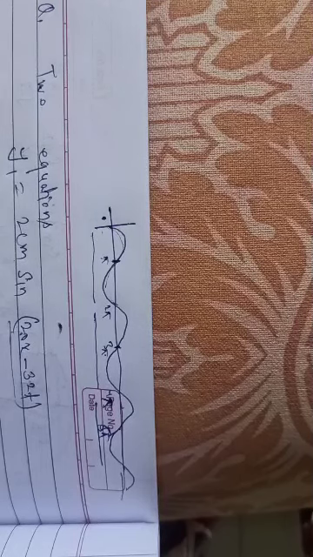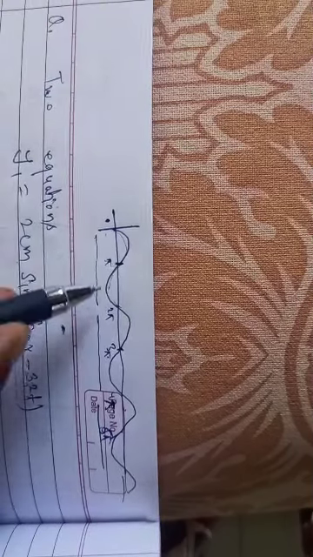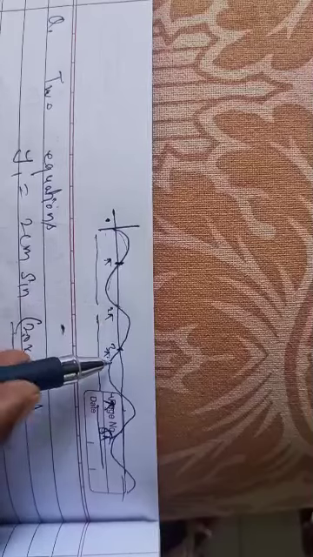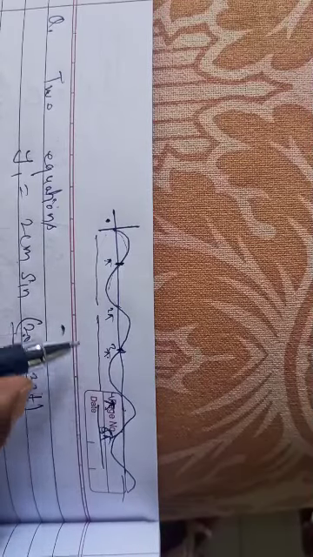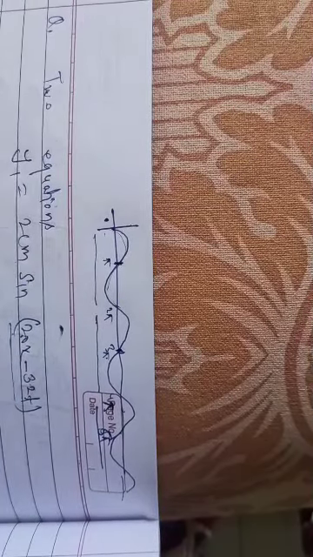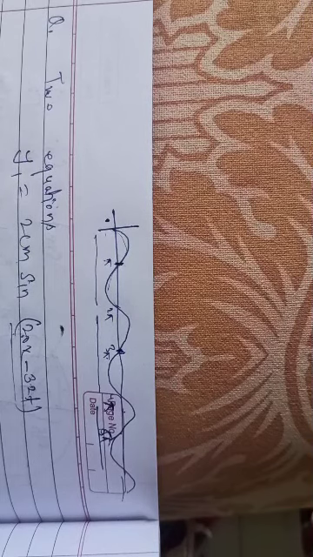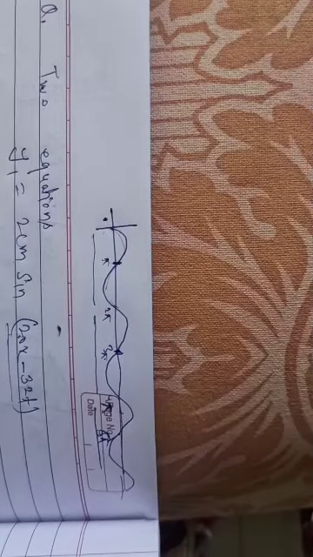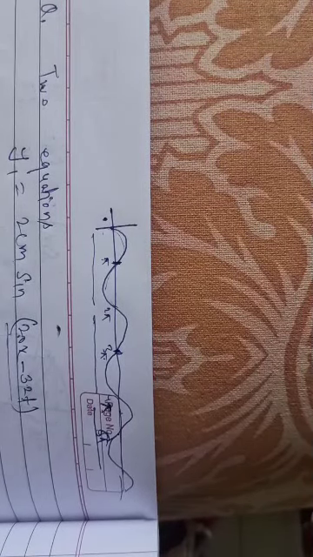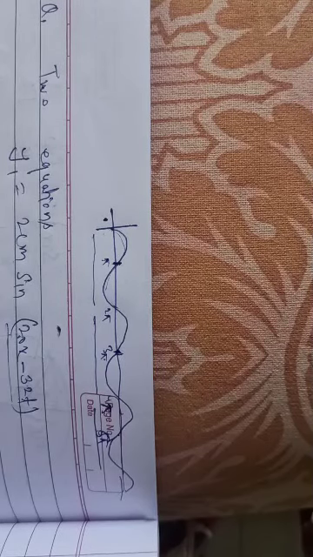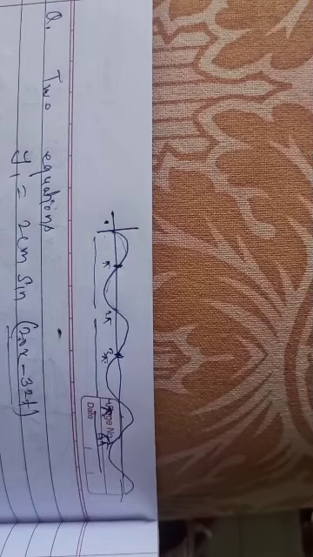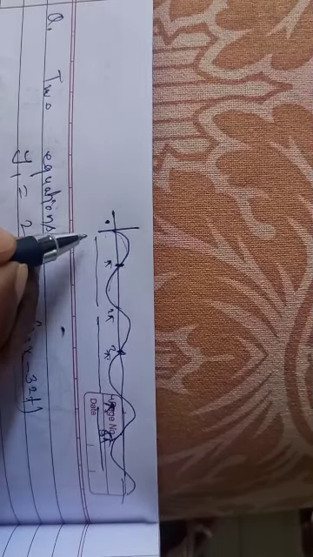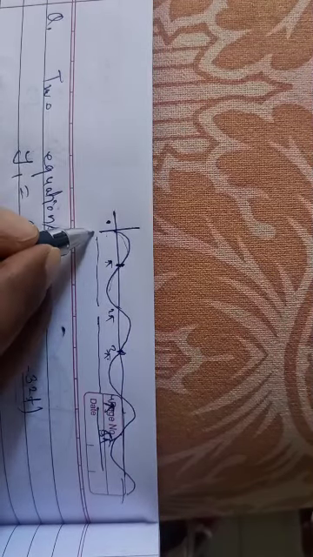The two waves having pi angle difference, what does that mean? They can have pi angle difference, or 3 pi, 5 pi, meaning odd multiples of pi. Odd multiples of pi. Okay. And I have written also out of phase. If the two waves are having 2 pi phase difference or 0 phase difference, then we will say they are in phase. Okay, they are in phase. Like, what is the meaning of that?